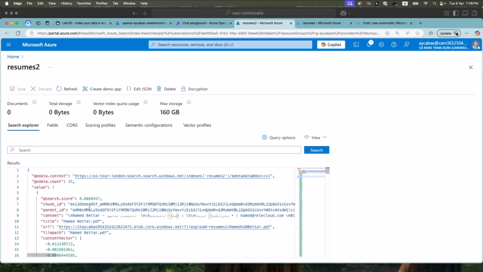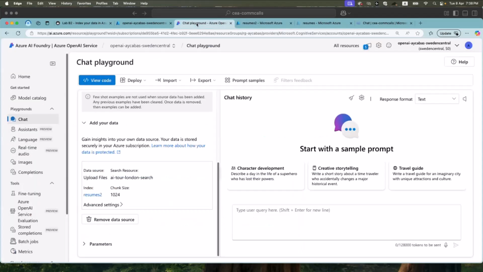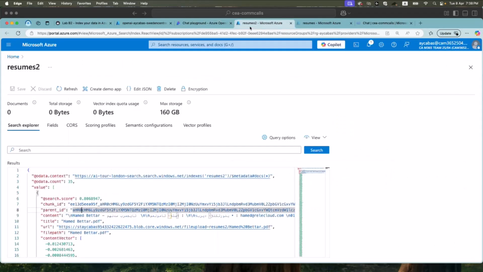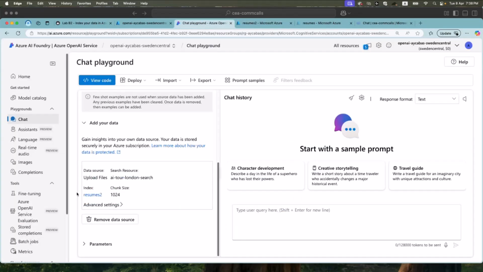So in that case, now, what we are using in the chat playground is directly the data set we have in Azure AI Search. Once you connect this, once you uploaded all of your files, you will be able to test out everything. And I will get a great question from our exercises, because we usually test these with a very long question.